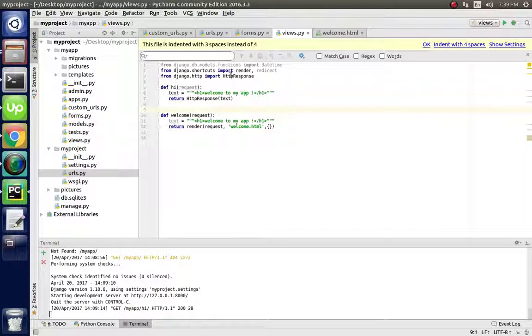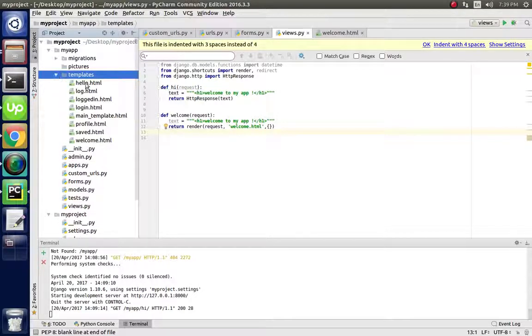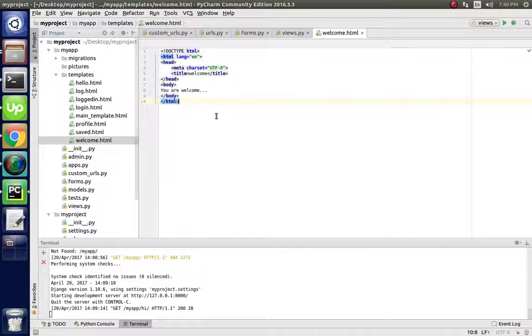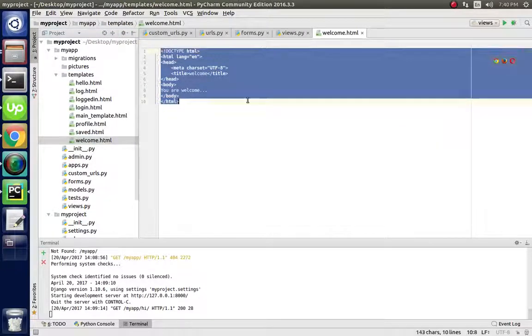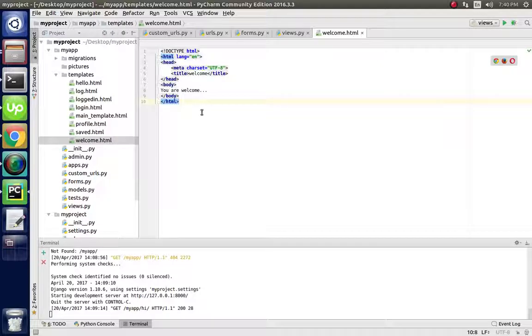In another example I showed you how you can call any HTML file. If you have to define your template, then I made a file named welcome.html here. Firstly we define a template folder inside my app, and here you define a welcome.html file, this one, and here you can write any HTML code.